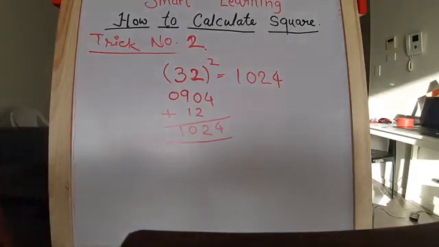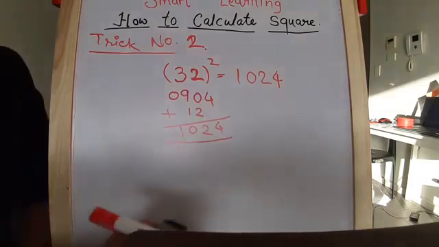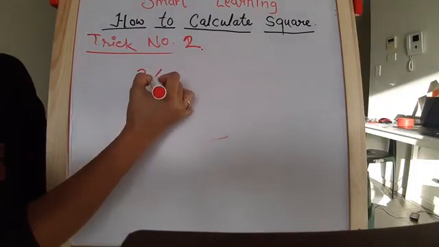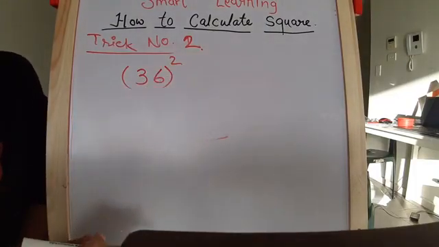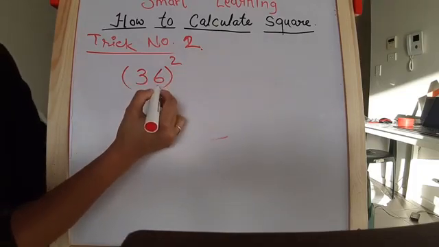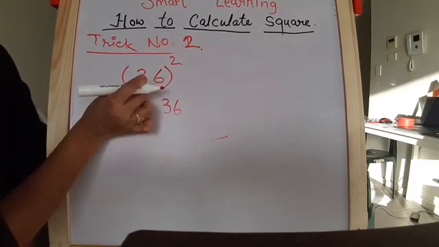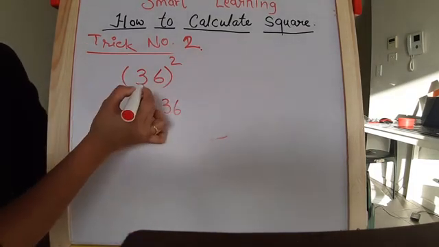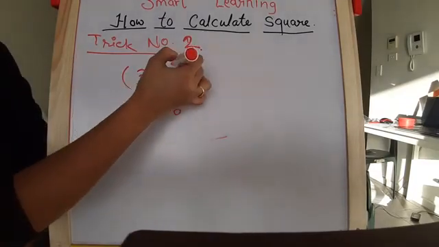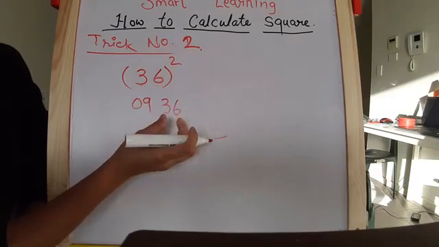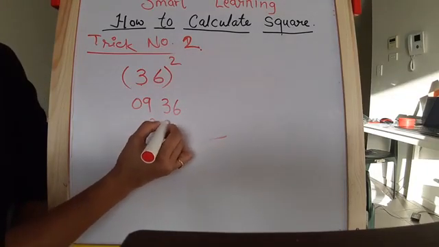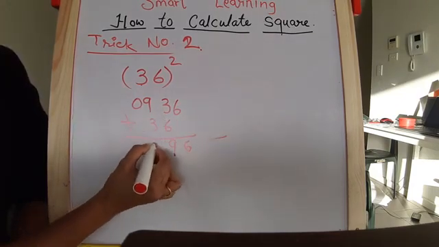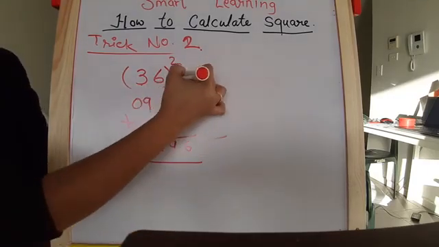Now let's see another example. If I take 36, what is the square of 36? Simply write the square of 6. 6 square is 36. And what is the square of 3? It's 9. So I have already told you we have to write it in 2 digits. Now multiply these two. 3 6s are 18. 18 into 2, 36. We will leave the unit place and we will write 36 here. Now just add it. 6, 3, 9, 9, 3, 12, 1. 1296 is the square of 36.